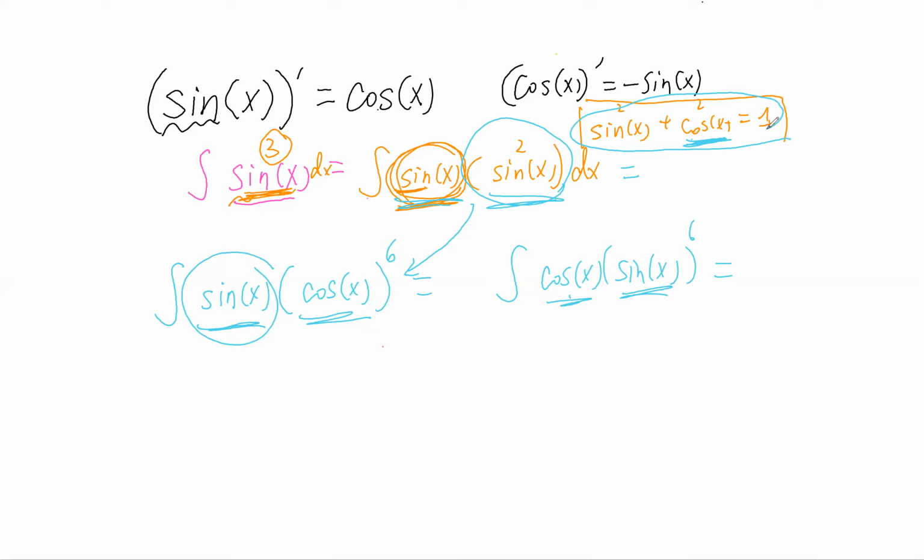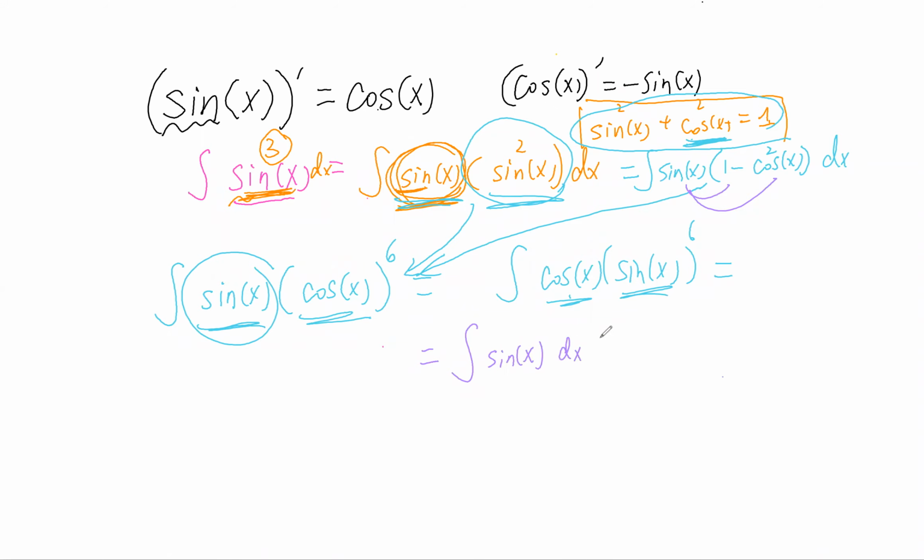Because sine squared x is 1 subtract cosine x squared. So I'm going to rewrite that as 1 subtract cosine x squared. The reason we're doing that is we're trying to prepare this form. Now if we change that, can this help us solve this problem right here? I'm going to continue right here. So that's going to be the integration, and we're going to distribute it. That's going to be sine x,